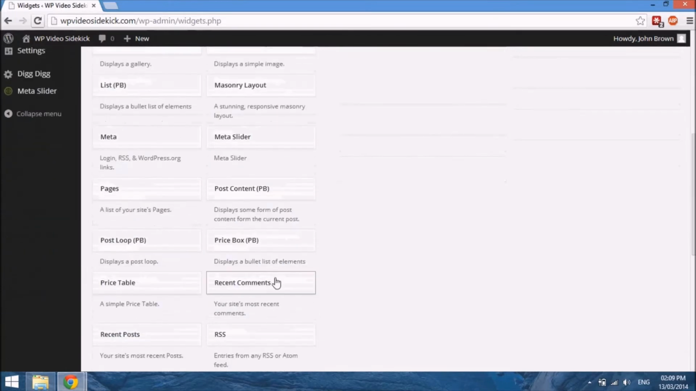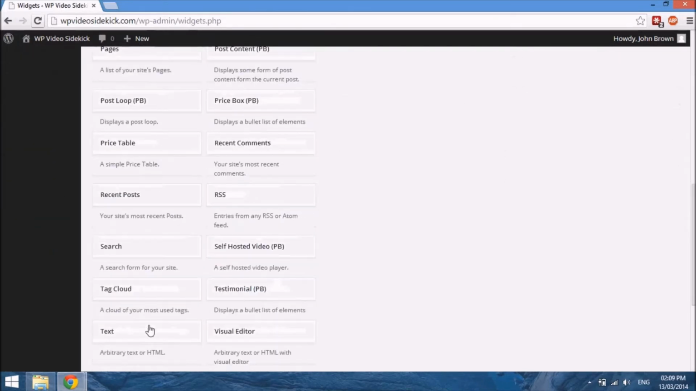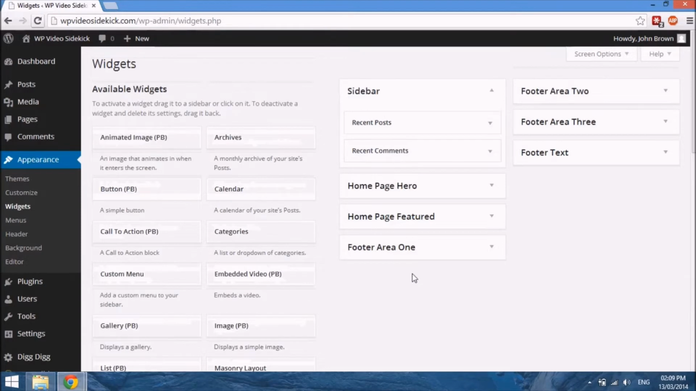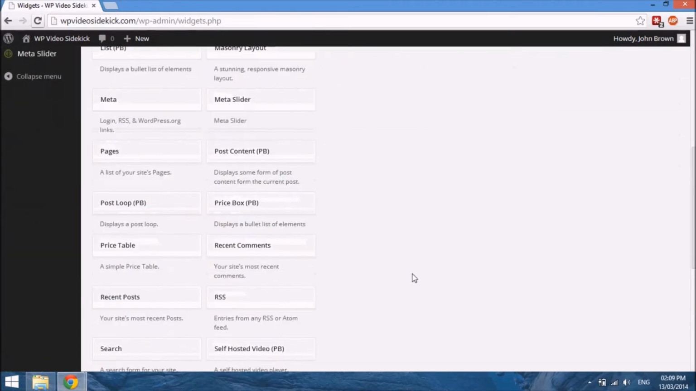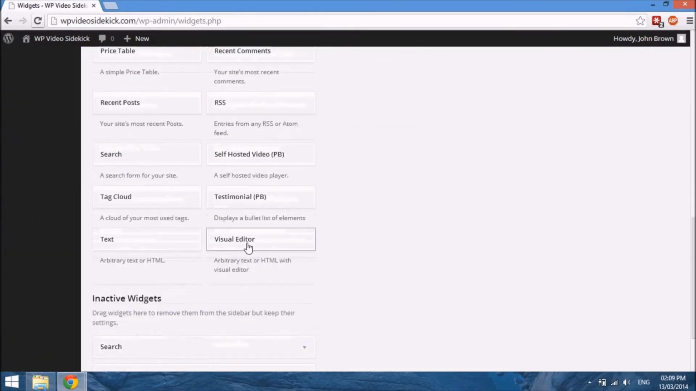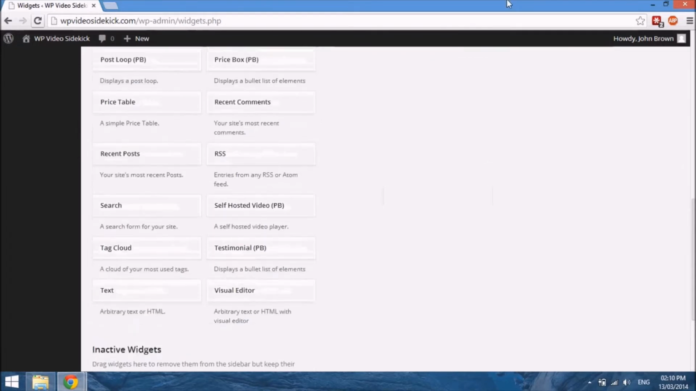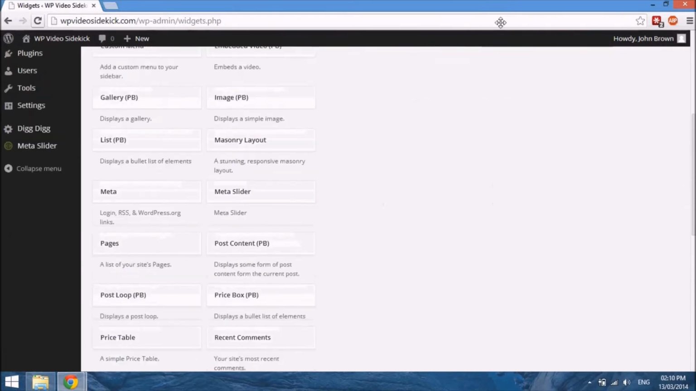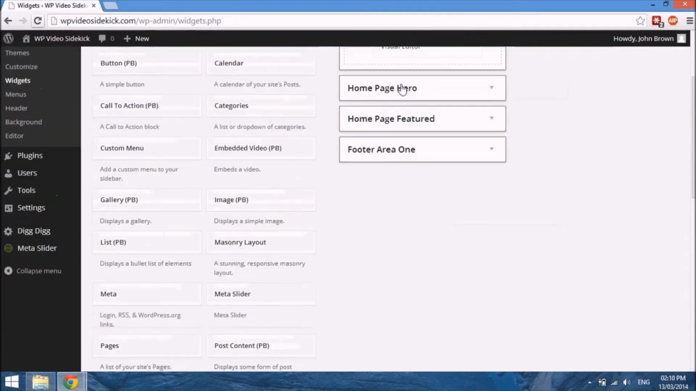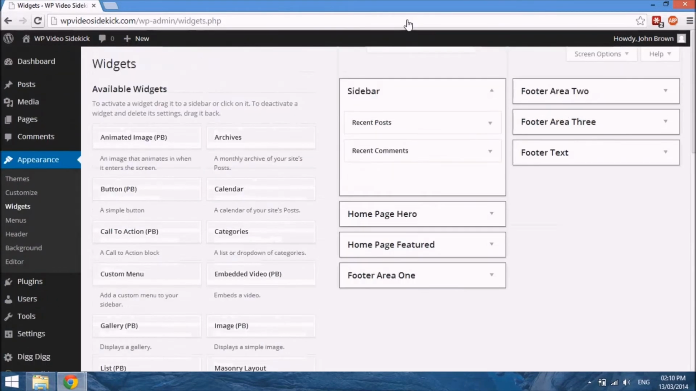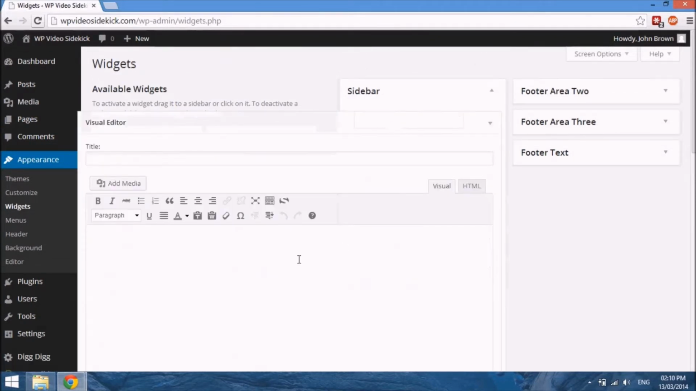then you'd have to use this text widget, and for example, if you wanted to add an image, you'd have to know a bit of HTML, to call on the source and all that. But what you can do now is just use this visual editor widget, drag it into your sidebar, and then you'll be able to create